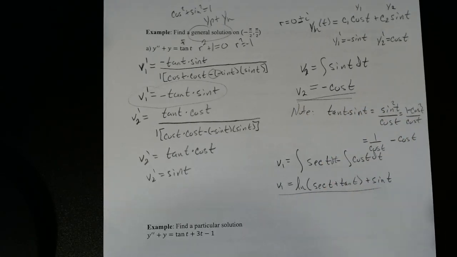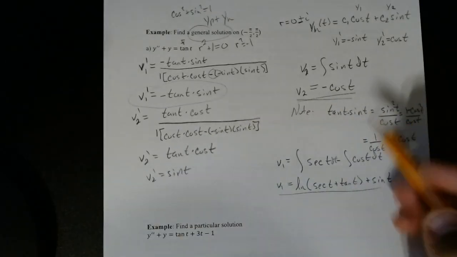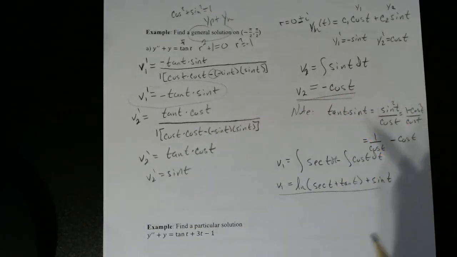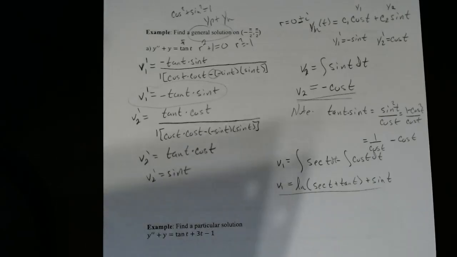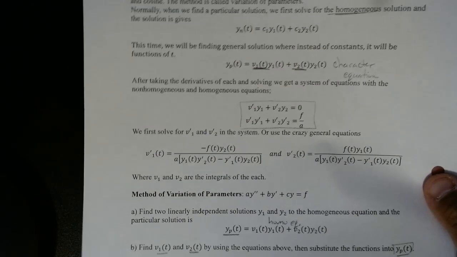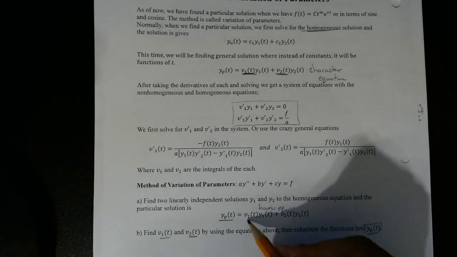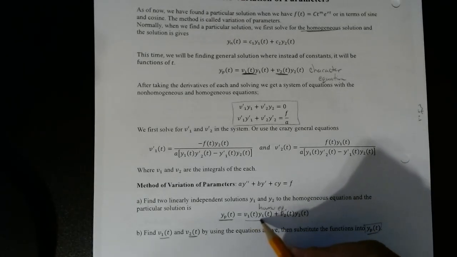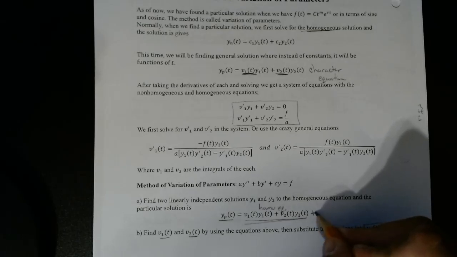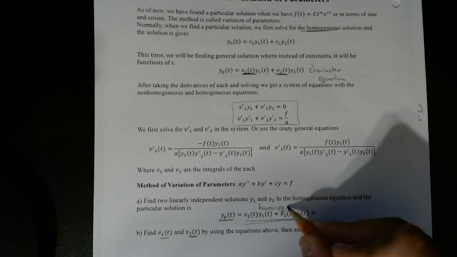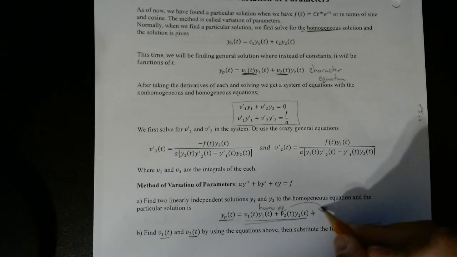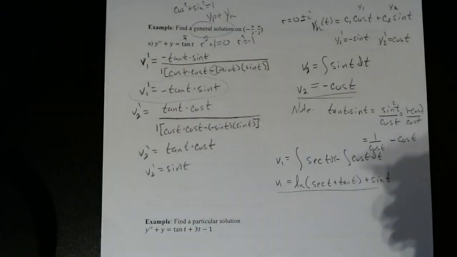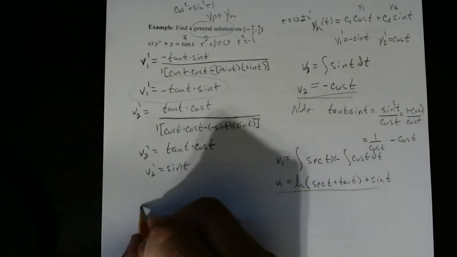My general solution, well, let's talk about how it's going to be formatted. This is just the particular solution we're about doing. You have to add on the homogeneous equation at the very end, or just add it on here. So if we go back over here, our general solution